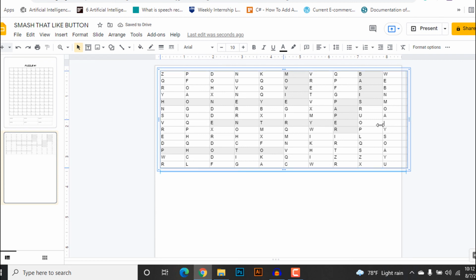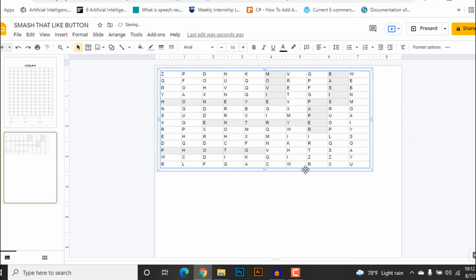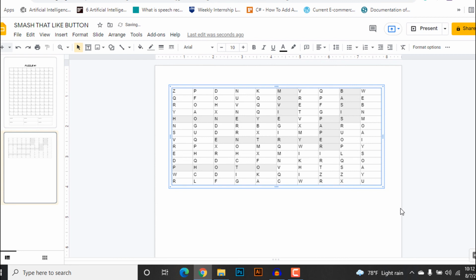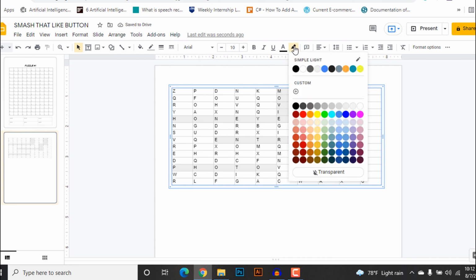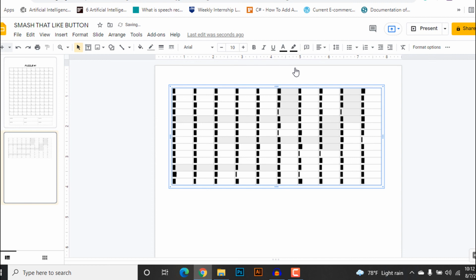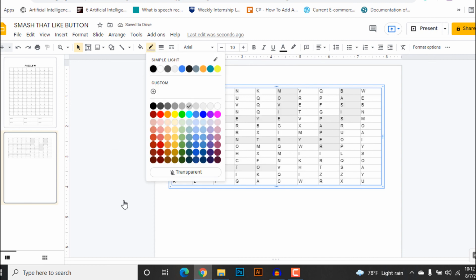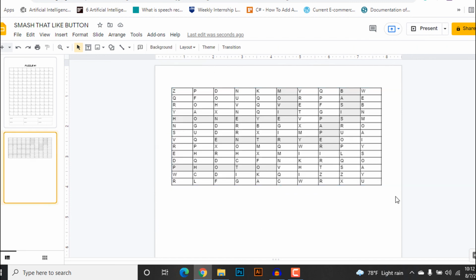So after pasting it, you can simply resize your document and place it somewhere around the center. And you can also add borders by going here. So as you can see, this is going to be our solution for the puzzle.